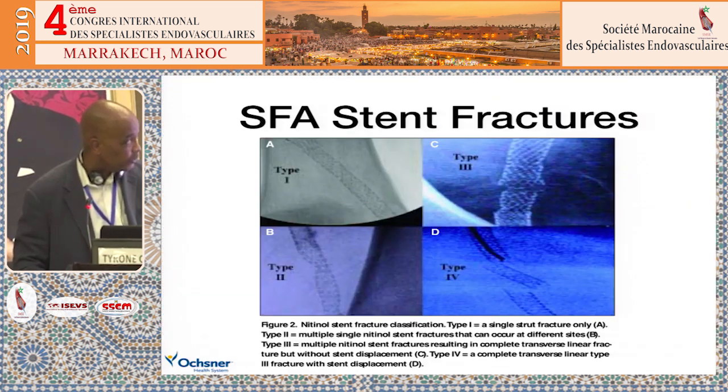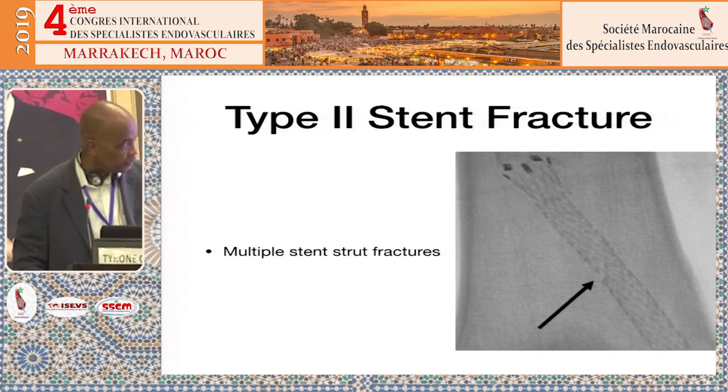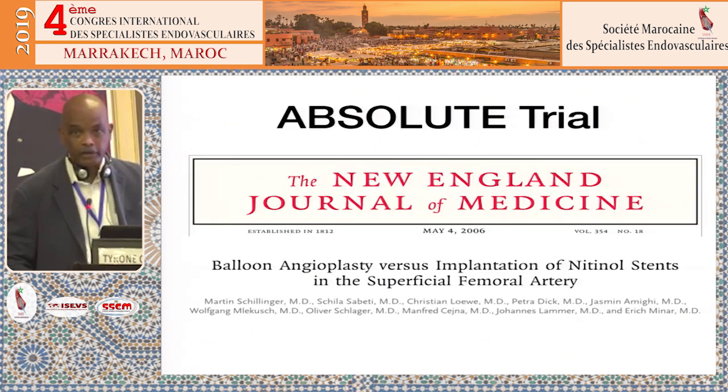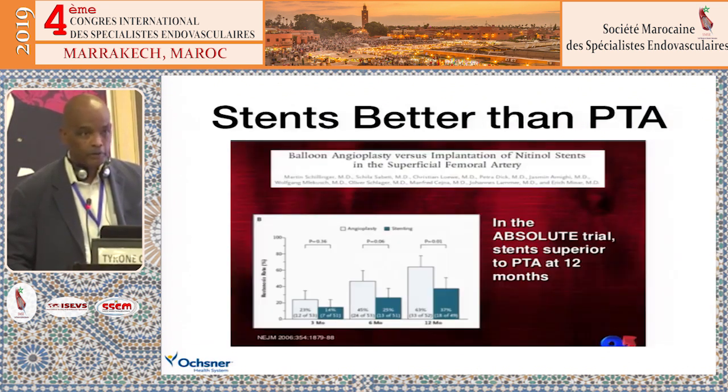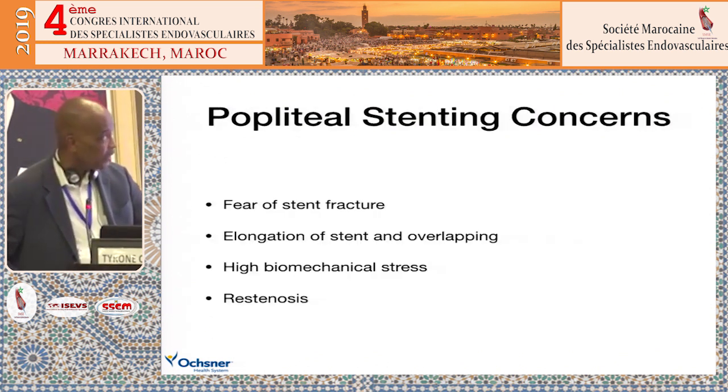And they're typed from type 1 to type 4. Type 1 is single strut fracture. Type 2 is multiple stent strut fractures. And then type 3 is complete linear stent fracture, but without displacement. Now, we know from some of the older literature, even back in 2006, that stents are better than PTA. So part of the impetus to continue to put stents in the SFA is that stenting is better than just